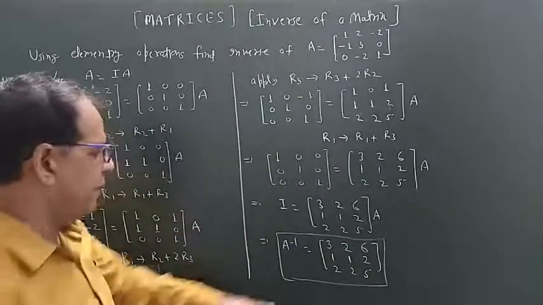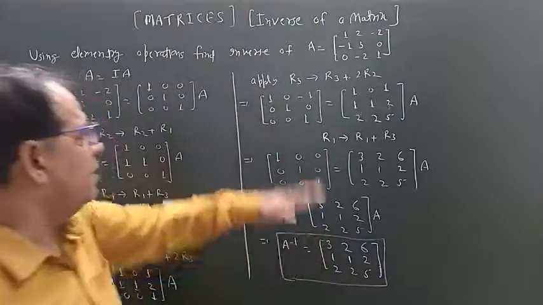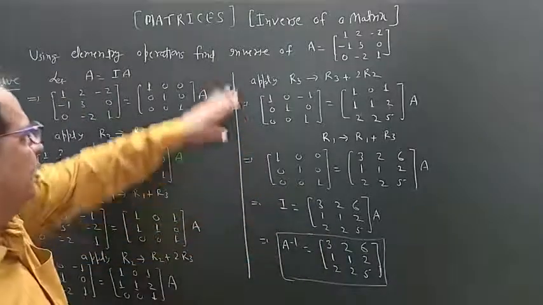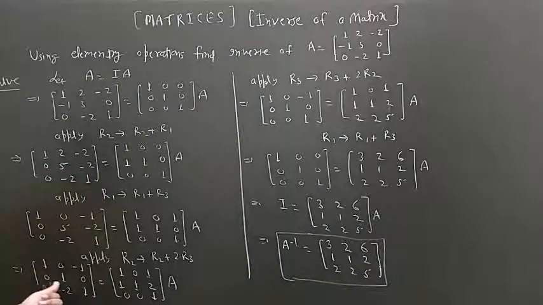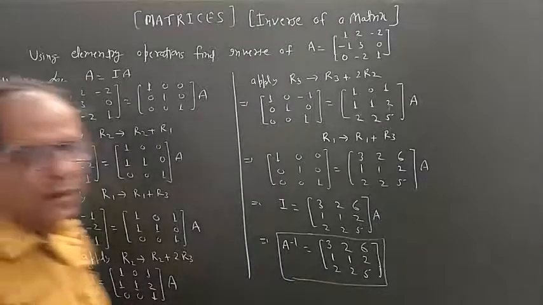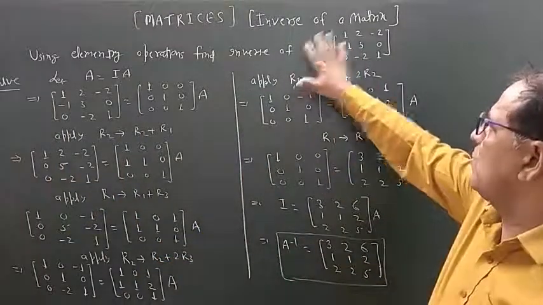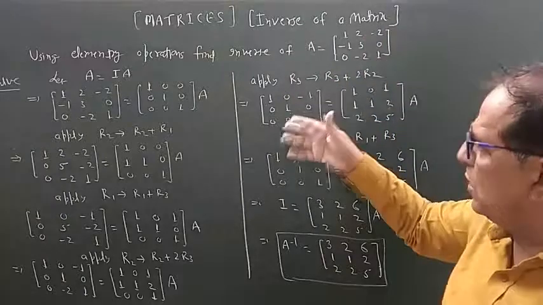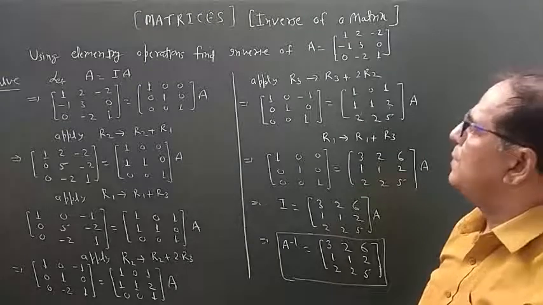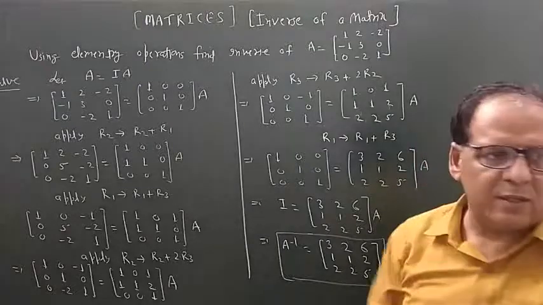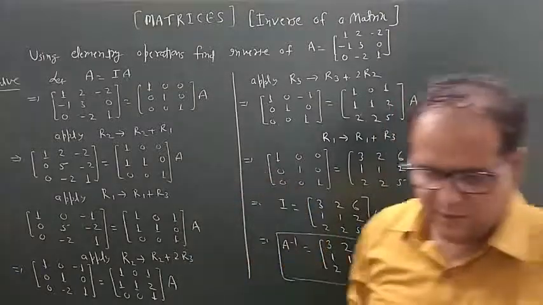For verification in rough work, we can apply the product of A into inverse. If we get I, this is the simple verification of the inverse of a matrix. During this process, if we have any time all the elements of any row or column are 0, then we stop the process and we can say at this step the inverse of matrix A does not exist. So there are two questions based on inverse of a matrix by using elementary operation. In both the questions I used elementary row operation, and we can use also column operations in this type of questions.